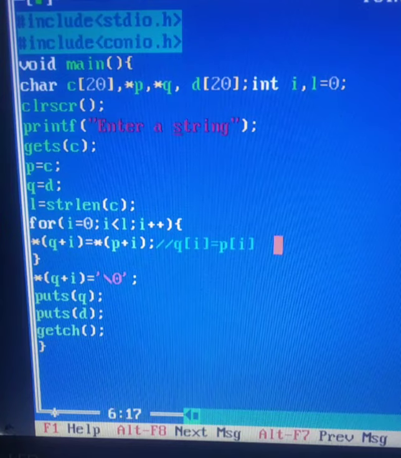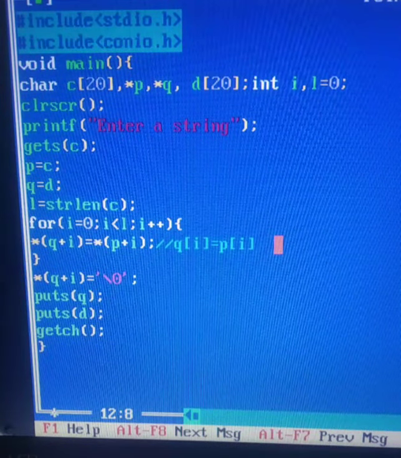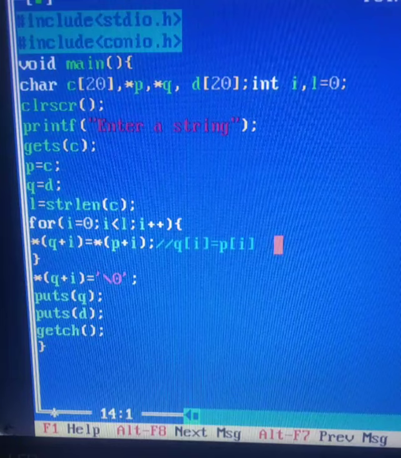You just have to understand, once you give the address of your arrays to the pointers, they can behave just like arrays, and you can use either of the syntaxes. Either you use q[i] is equal to p[i], or you can use *(q+i) is equal to *(p+i), right? And at the end, while copying, you will have to write *(q+i) is equal to null.